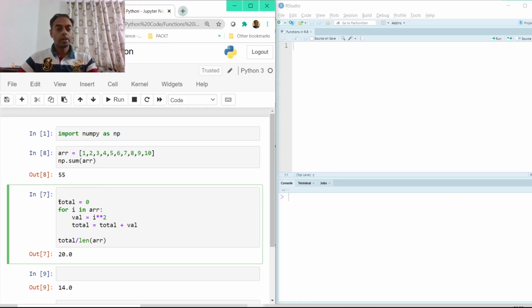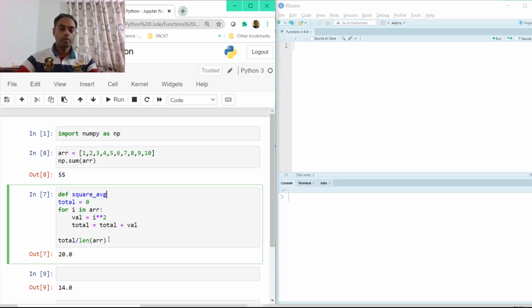This entire calculation I'm going to put inside a function. And to define a function in Python, we use the def keyword. And then we have to give the name of this function. Say I'm doing a square and averaging all the sum of these numbers. So let me put something like square underscore average.